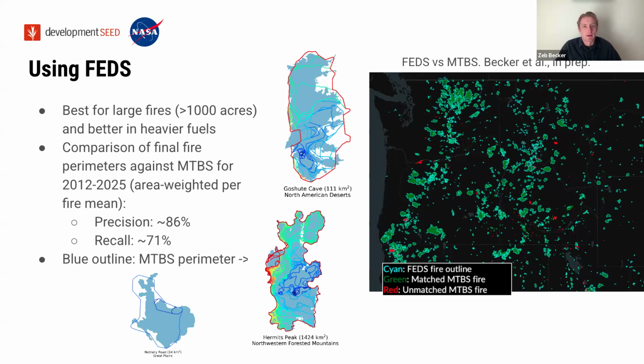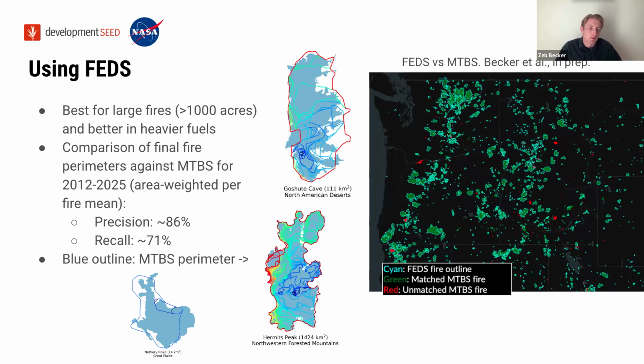The second point about it being better in heavier fuels also follows fairly intuitively. We're getting one look every 12 hours with these sensors that are detecting heat. So in heavy fuels like timber or slash, it's very likely that it's going to continue emitting significant heat for long enough that you'll get multiple looks with that 12-hour overpass time. In contrast, in light, flashy fuels like grassland or shrubland, it's quite possible that a fire will fully burn through an area and be fairly cold, all within one 12-hour window. If that happens, you'll miss it completely.